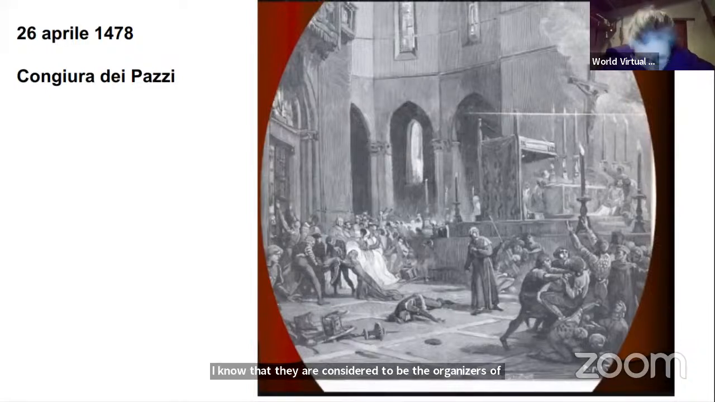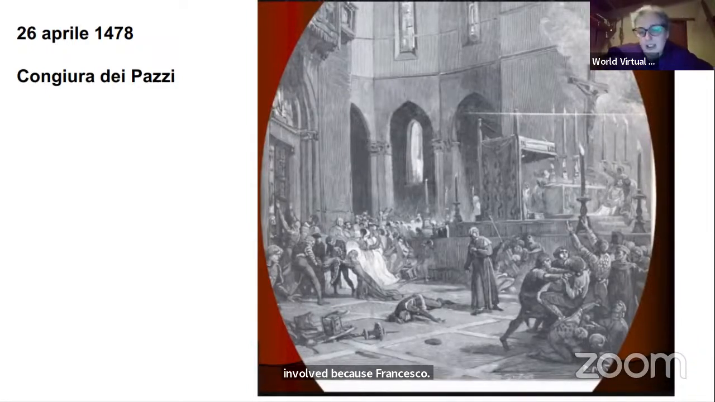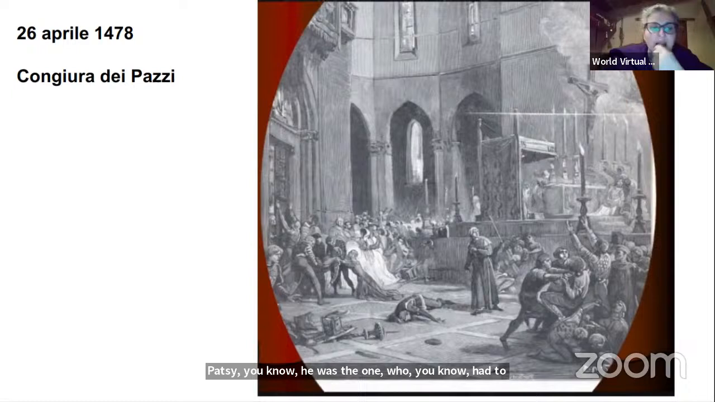They were certainly involved because Francesco Pazzi was the one who had to kill Giuliano de' Medici, for example. And after this failed conspiracy, they were all executed and so on. But the conspiracy of the Pazzi was always considered, okay, it's the Pazzi family who did this. But now,